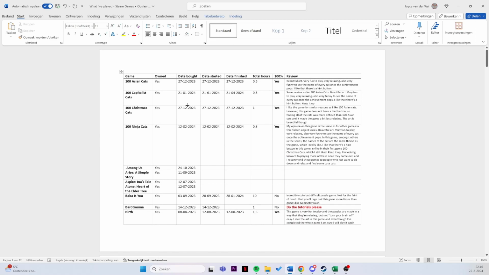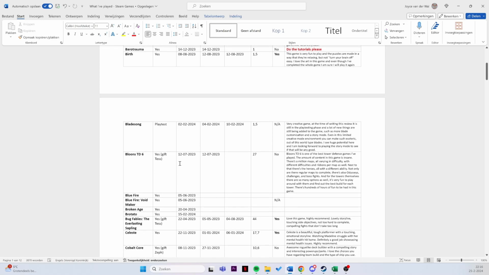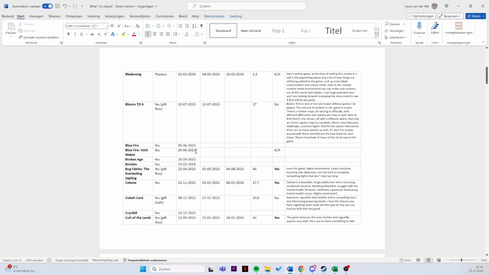So after that I decided, I want to know when I bought all these games, right? I don't want to have to refer to my Steam wallet every time I want to look up when I bought something. Let's just put it in this table. So I did. And it's been really nice because sometimes when I don't know what to play, I just look in this column, look at some games like, oh, okay, I bought this last year, but near the end